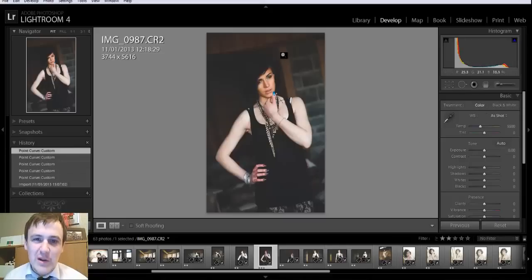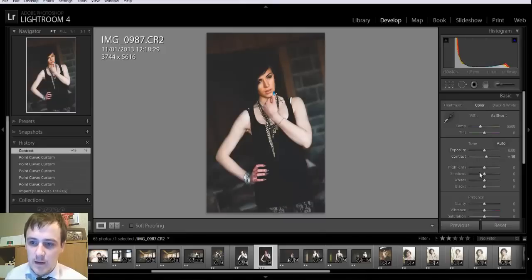It's not too bad at the moment, so sorry, that's a bit of a lie. It's not bad at the moment, so I'll come back to that at the end. So if I just boost up my contrast a touch, there you go, so boost that up to about 15. Take the highlights up, and that'll even out a lot of the skin tones. So for that, maybe just a little bit more. Put the shadows up just a tiny touch to add that tiny little bit more contrast into the